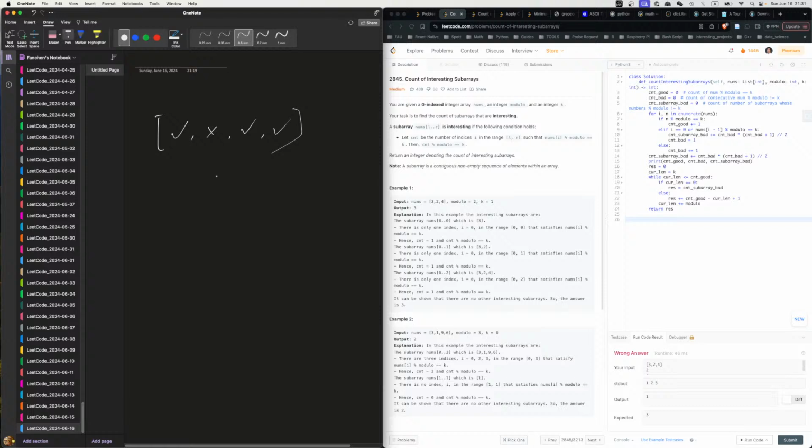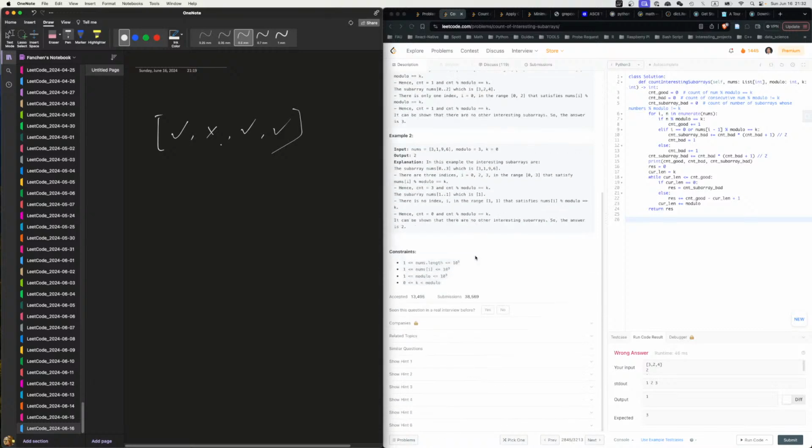And then I was thinking, because if it's 1, right, we can include this, and we need to include this thing as well. So depending on the length, but the thing is,